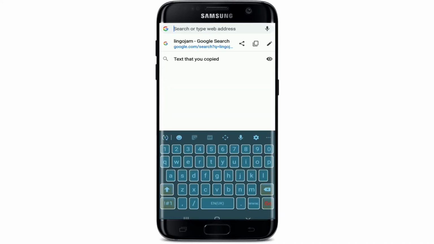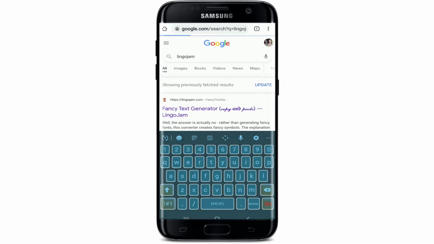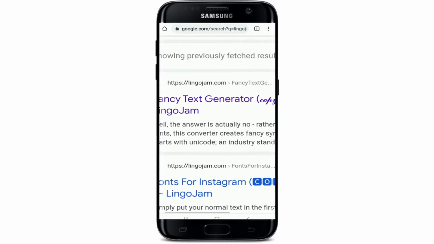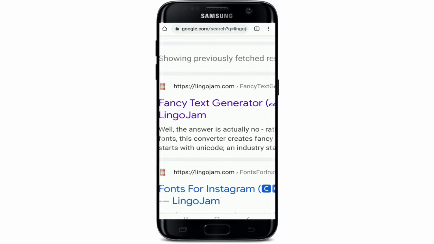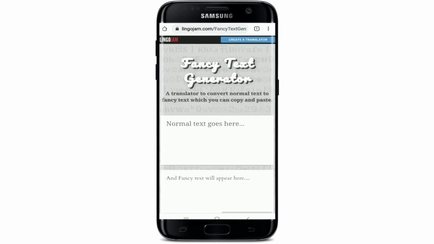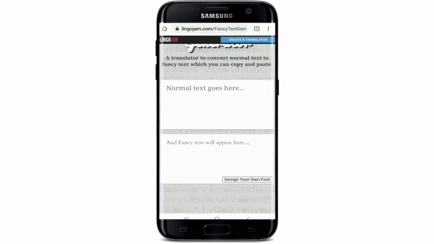In the search area, type in LingoJam and search. From the search results, tap on this first link that you see, which will take you to lingojam.com. Now, you'll be able to see two text fields displayed on the screen. In the first text box, you'll need to type in or paste in the normal text that you just copied